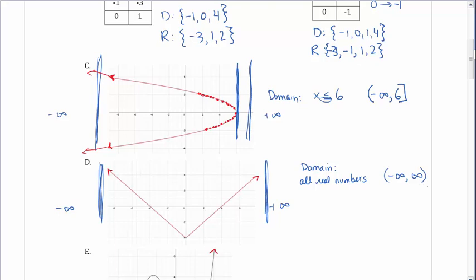Now let me go back and do the range. If domain is putting up a left-hand wall and a right-hand wall to see if there's any boundary that you can put on the graph to squeeze it between, range is like putting a floor and a ceiling on your graph, if you allow that analogy. So what I'm looking for with range is, is there any horizontal line I can put for a floor, or any horizontal line I can put for a ceiling that the graph will never